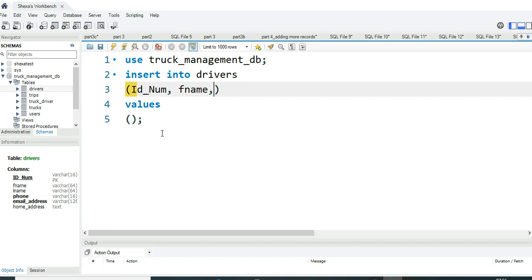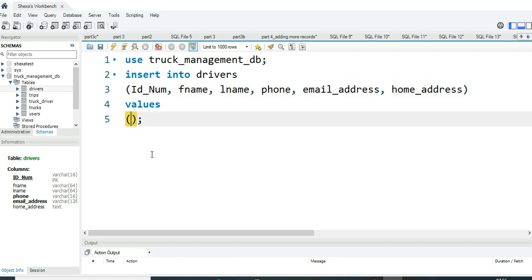So we want to add more drivers so that our queries are going to execute and show us some differences. Email address, home address, so these are the columns that we want to populate,